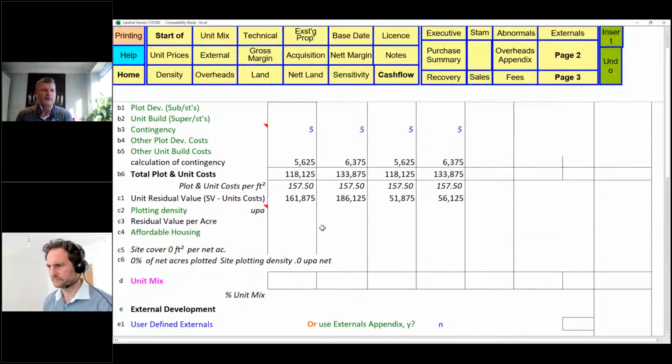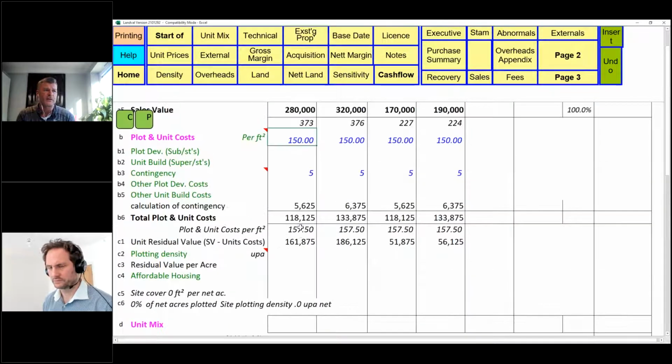The one thing I wanted to touch on is the difference between the two. So here is your value: our sales value minus our build costs is this value here. And you can see the difference between the different products, which is clearly displayed there. Then we have this thing called plotting density. Some people use this, some people don't. It's really saying to you, how many units can you get on 1 acre?